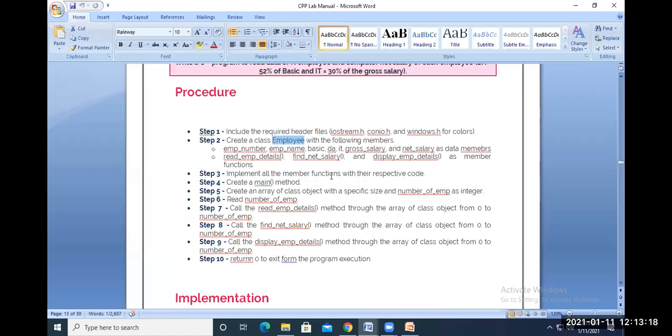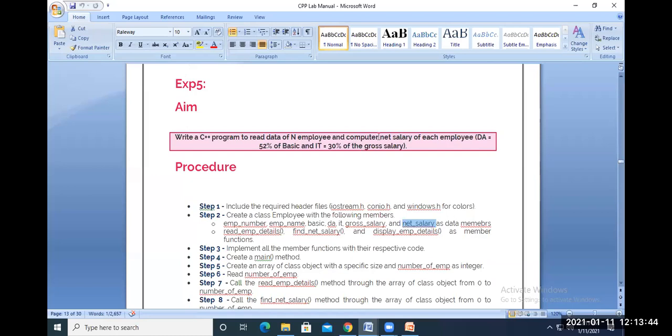lab manual here. So you can see here, next create the step 2. In the step 2, create a class employee with the following members. Data members: we have to create employee number, employee name, employee basic, employee DA percentage, IT, and gross salary and net salary. These are the data members of the class. We have to declare these data members because they are given in the question itself here. C++ program to read the data of an employee